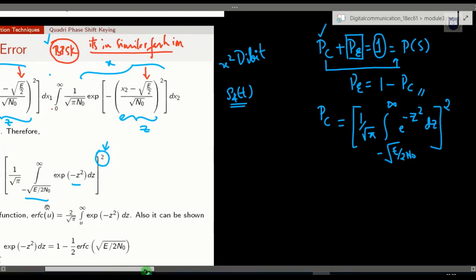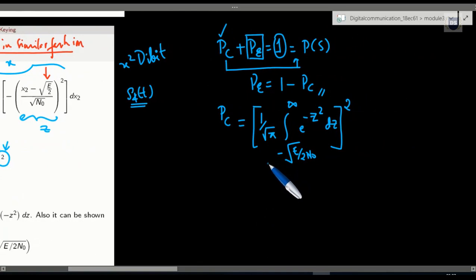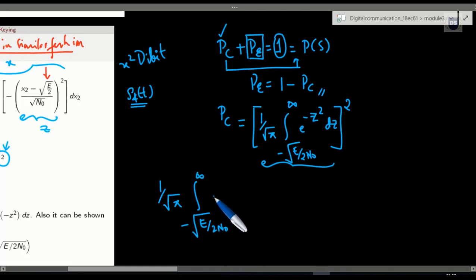Right now let's try to solve this complex equation. For the time being, let's neglect this whole square and consider what is within the square brackets. We can prove that this expression, 1 by square root of pi integration starting from minus square root of E by 2N naught, upper limit infinity, of e to the power minus z square dz, is in turn equal to